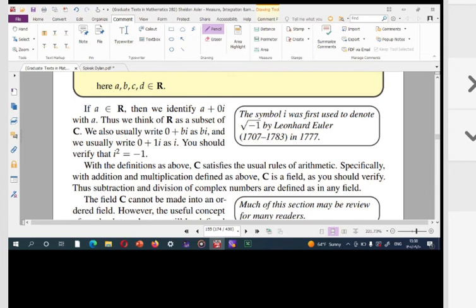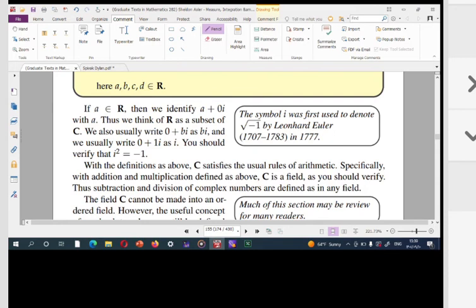We also usually write 0 plus bi as bi and omit this 0, and we usually write 0 plus 1i as i. You should verify that